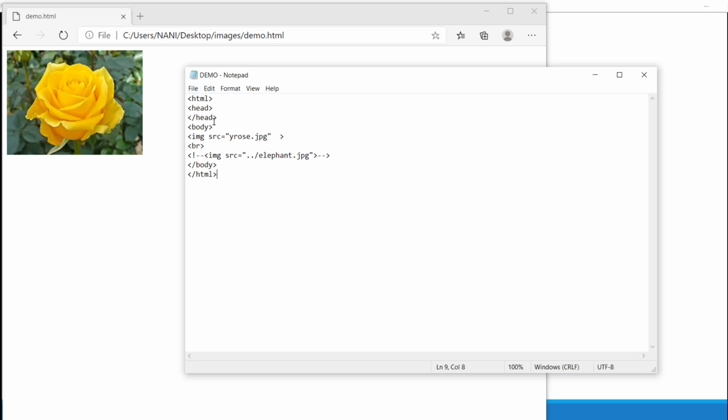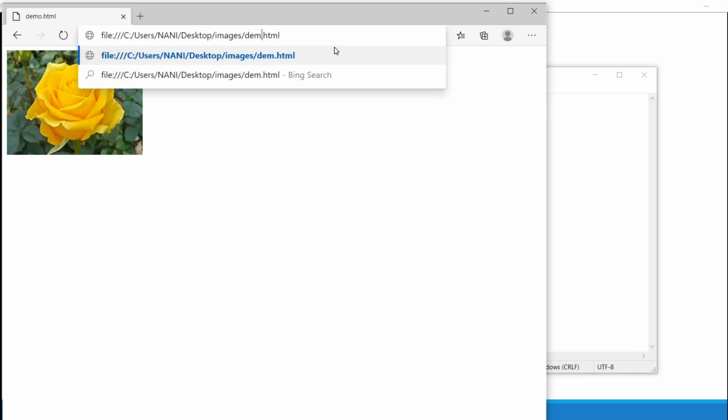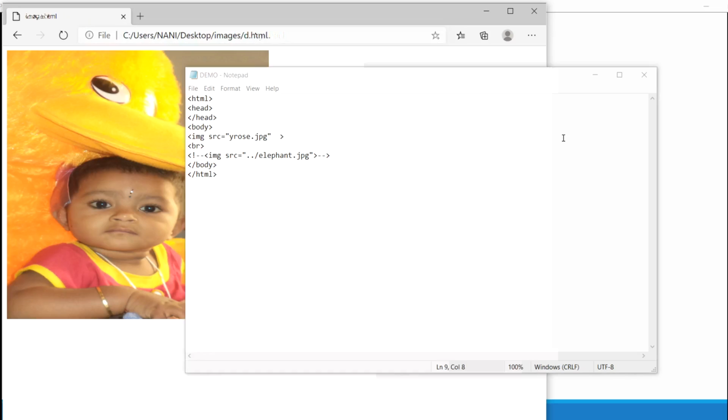In the previous example, if you observe, here we specify directly the program just name.jpg. This is another way to represent, or else I can provide the entire address. If you observe here, users Nani desktop images demo.html. If I change this as image.html, this is the image.